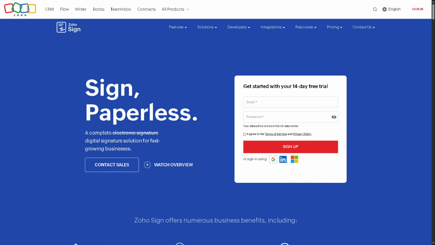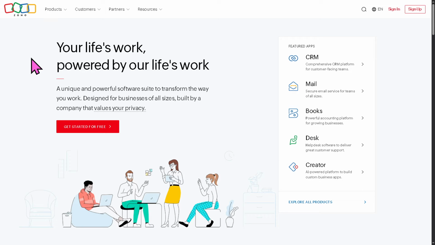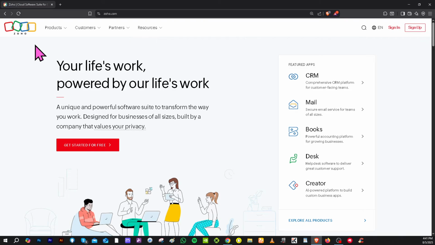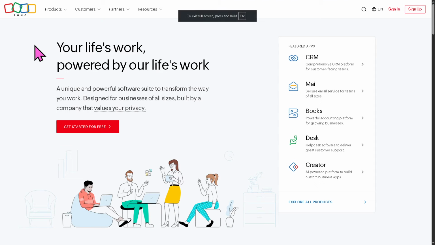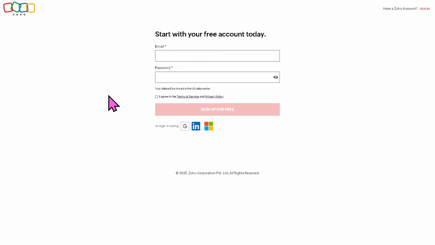Okay, so before you can sign in, you need to create a Zoho account because Zoho apps are all integrated. Just go to the official website, which is zoho.com. On the top corner, you have an option to sign up, which is very simple. Provide all the information needed. And to make the account creation faster and easier, you can sign up for free by using these accounts: Google,